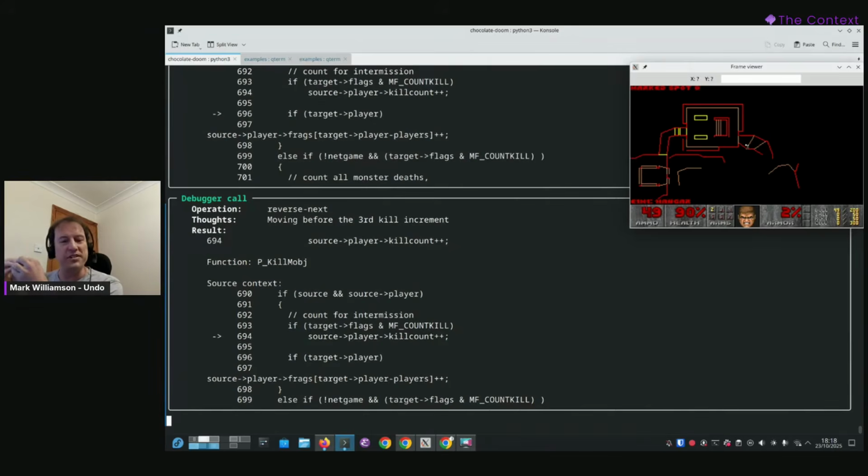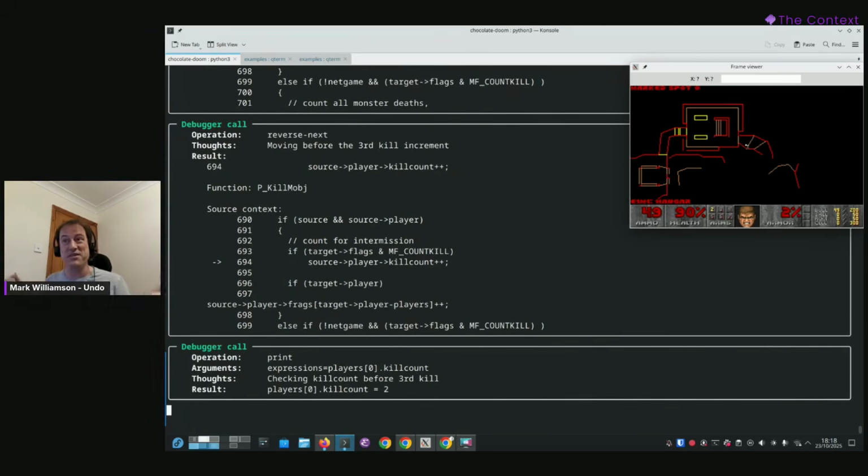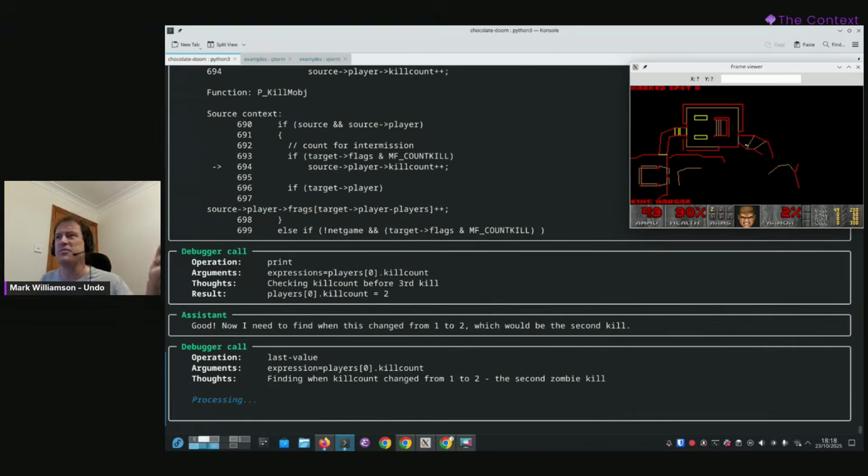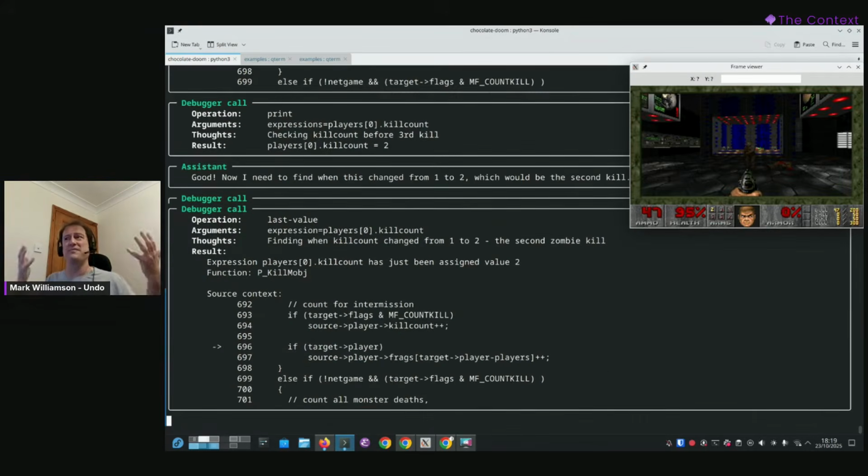There's a few interesting things going on here. One is that the AI actually has to interpret from my description what in the game of Doom is a zombie. And you'll sometimes notice it mentioning that actually the last enemy I shot was an imp, and that isn't a zombie.